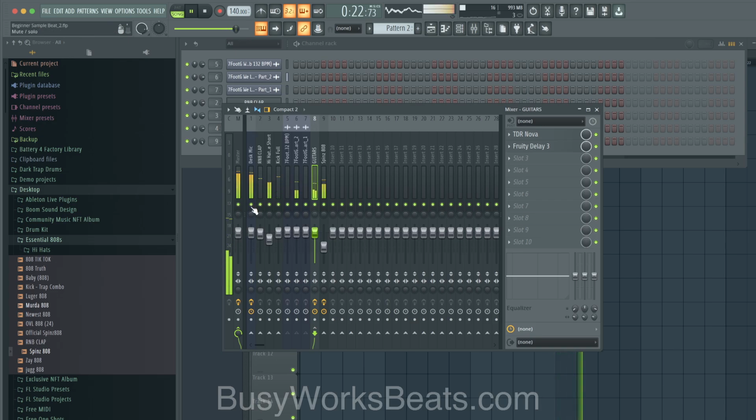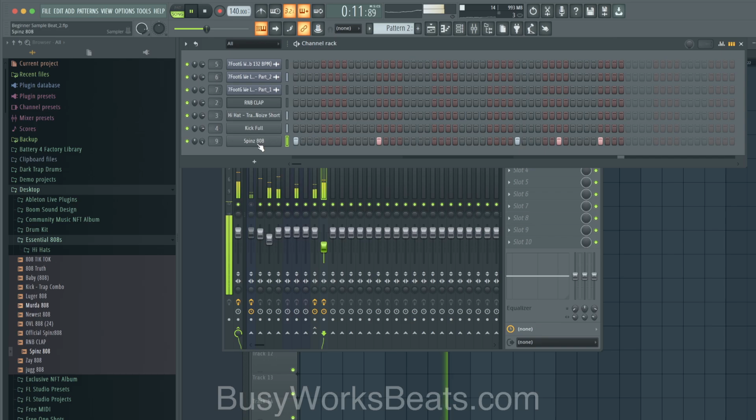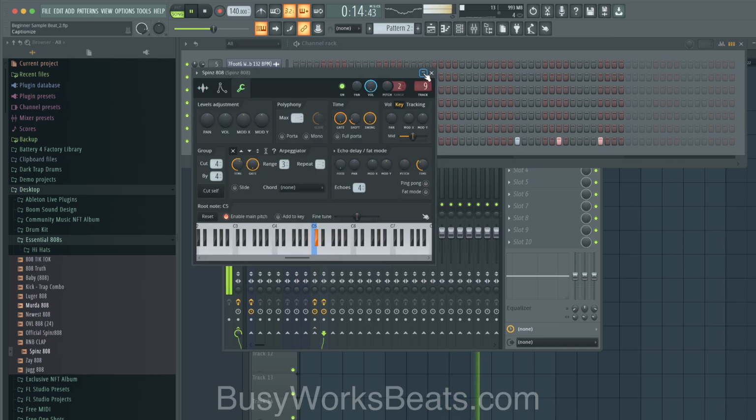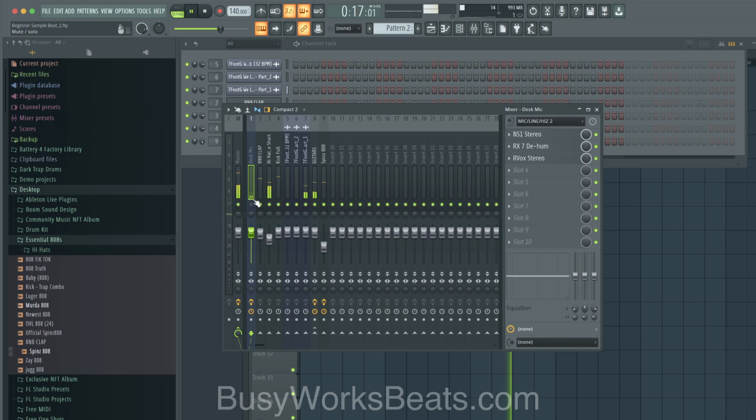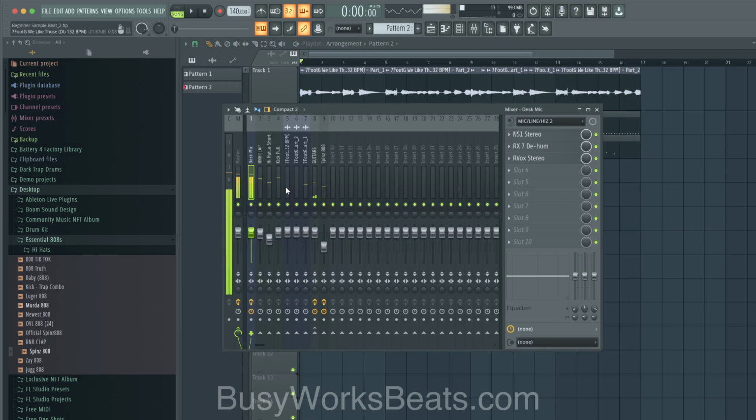Okay, so I was just editing the guitar so that it doesn't clash so much with the bass because it was very bass heavy in the guitar. Okay, so I just did a couple polishing things, nothing crazy. Okay, now you have a beat that you could sing over, rap over. Okay, so let's keep it simple like that.